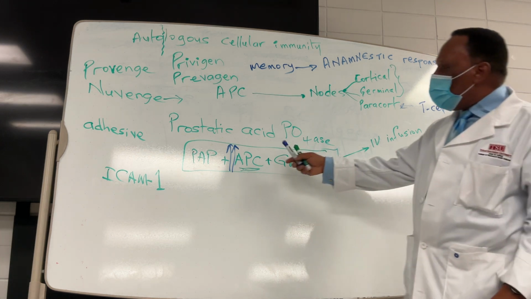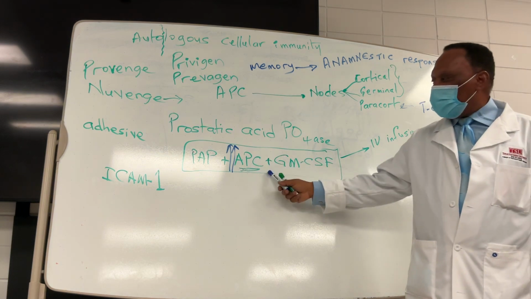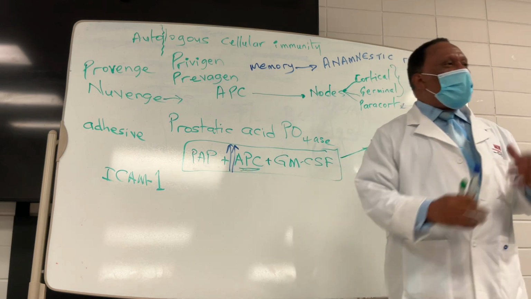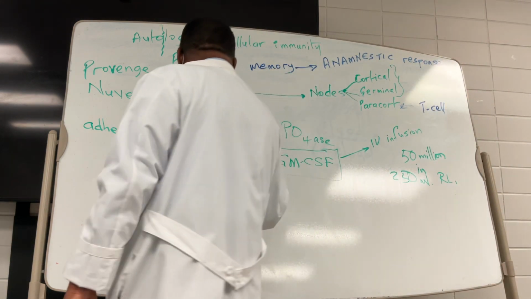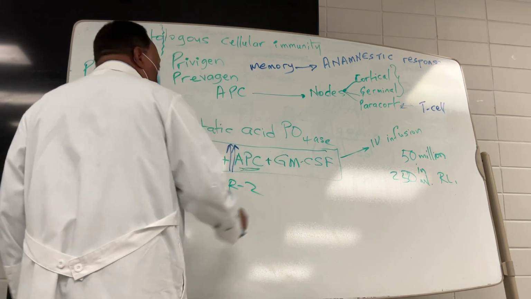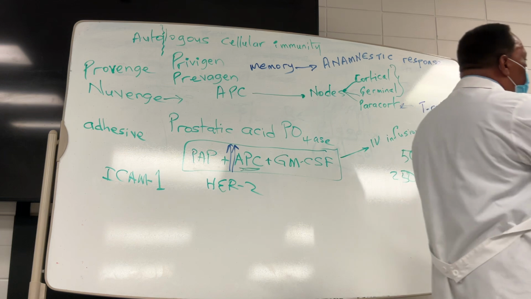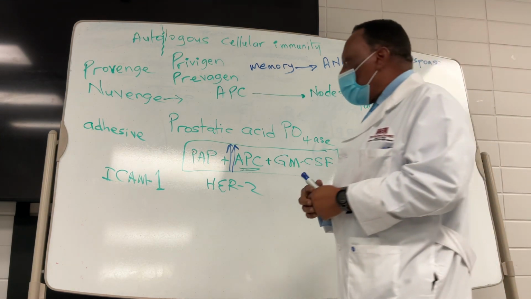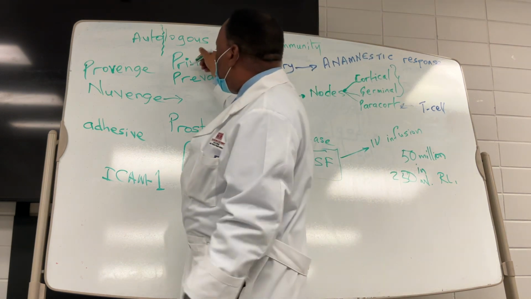And it uses this same system. It's just that instead of your PAP, it uses HER2. It uses HER2, and then it is infused back into the patient, and that is supposed to actually help prevent breast cancer in patients that are highly prone to it due to their family history, like that. That's your Nuvenge. Okay. And of course, we know that Privigen